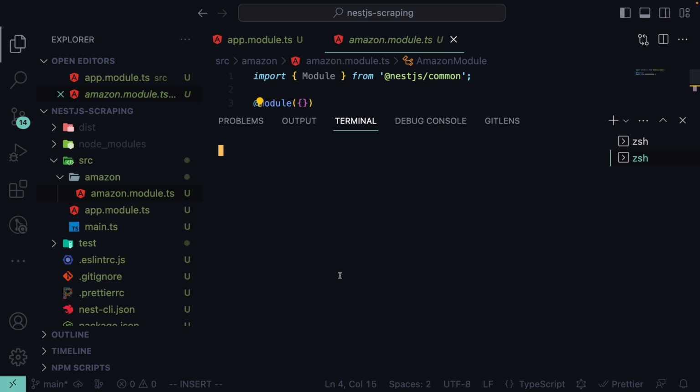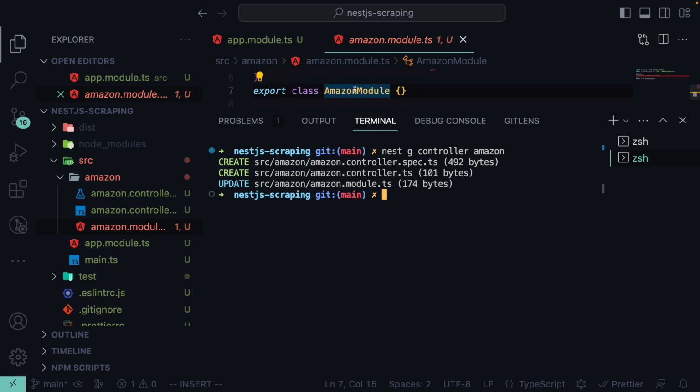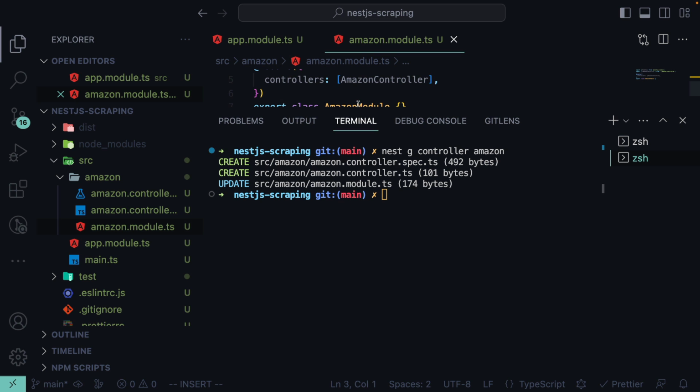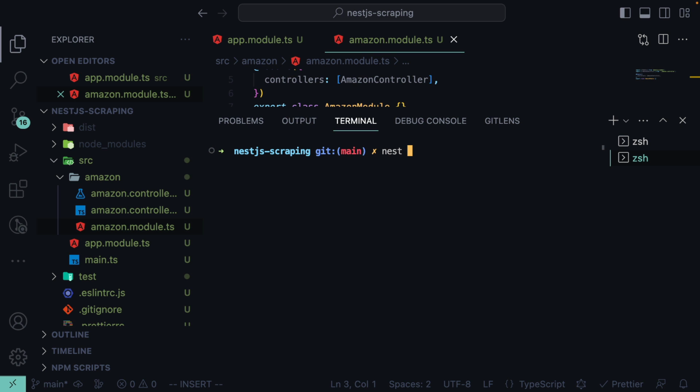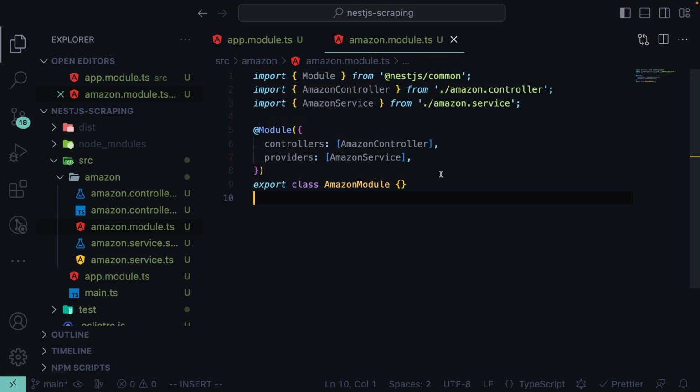Let's use the CLI to generate a controller called Amazon as well. By default, this will add to the Amazon folder and also add it to our Amazon module. Then we'll do this one last time to generate a service called Amazon as well. So we have a controller, module, and service. You can see the controller has been added to our controllers array, and the Amazon service has been added